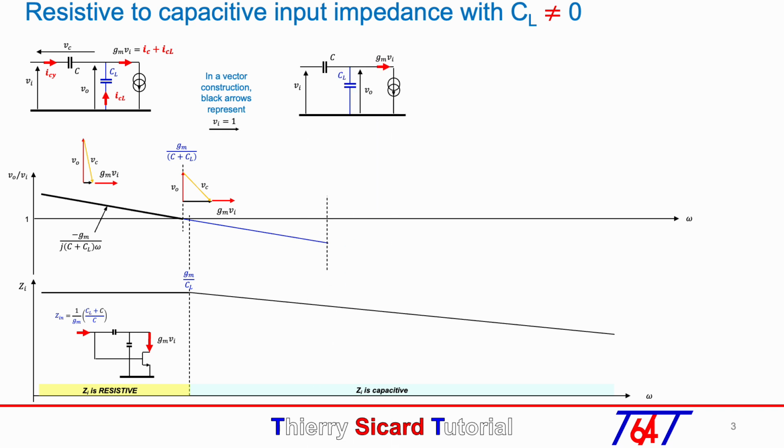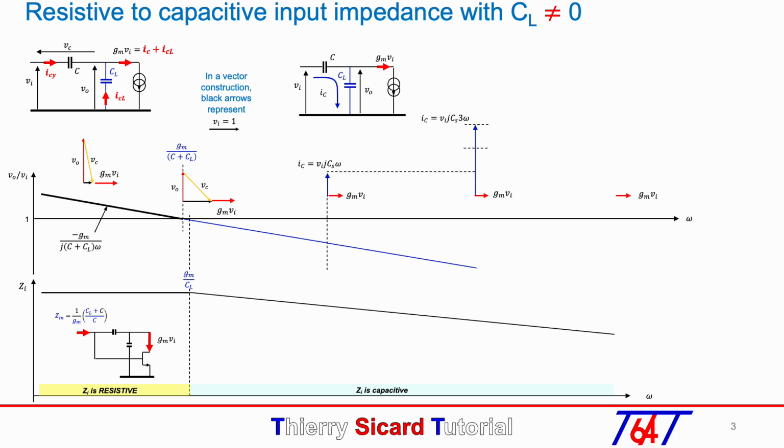In the small signal schematic, we can note the capacitive current IC flowing in both capacitors in series, equal to Vin times j Cs omega, where Cs is the value of both capacitors in series. This current is noted with a vertical blue vector because the capacitive current has a 90 degrees phase compared to the Gm·Vin current. As Vin is always equal to 1, the Gm·Vin current has always the same amplitude versus frequency, represented by the constant red arrow.